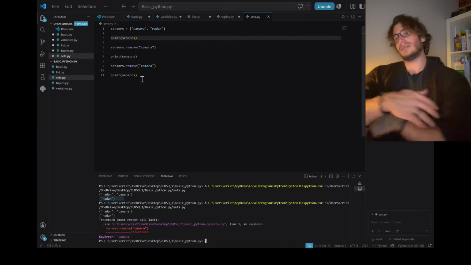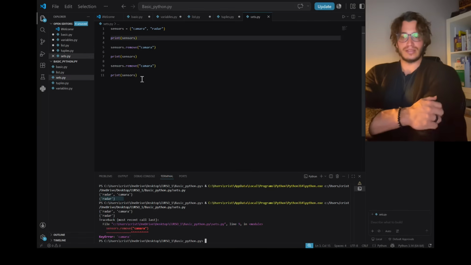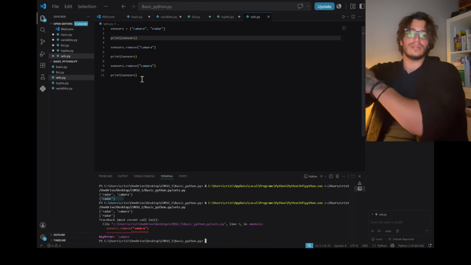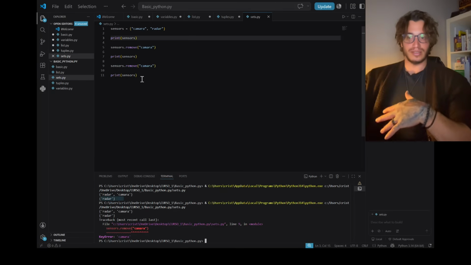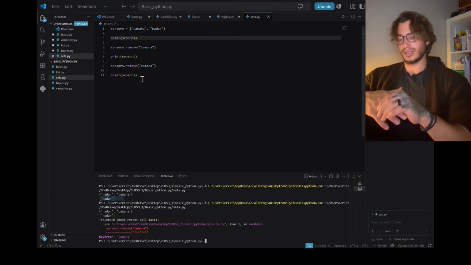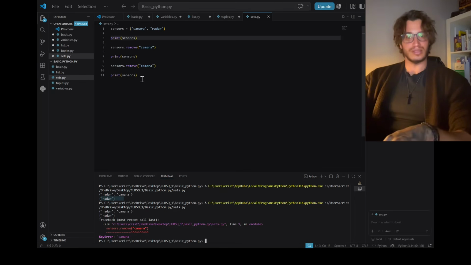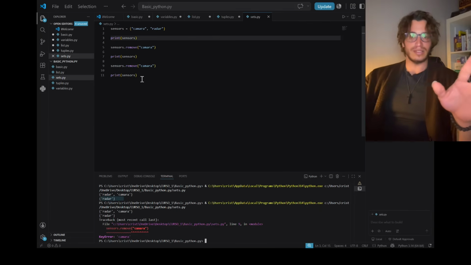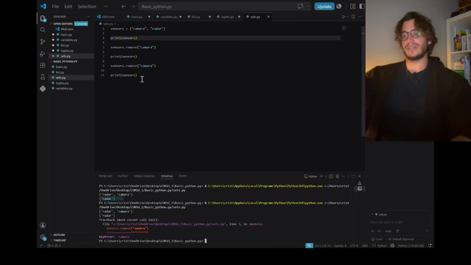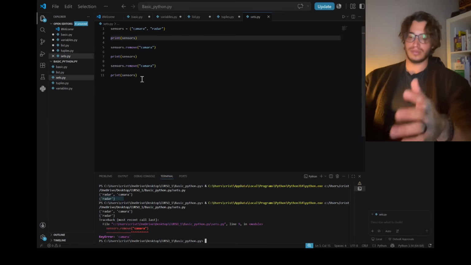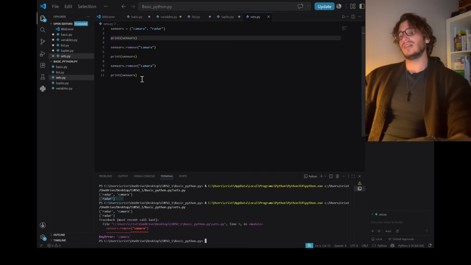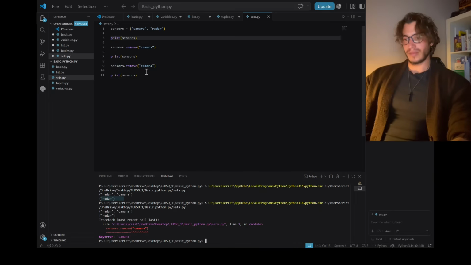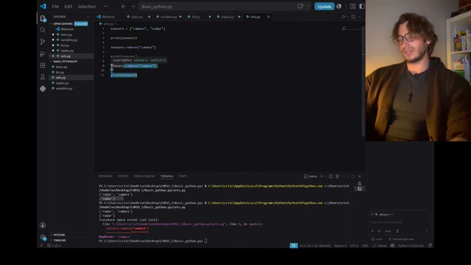So it could happen that we want to delete something from a set, but we don't know if it is in the set or not. Maybe someone else deleted it if we are working with a team, and we want to delete it thinking that no one deleted it before, and then after 200 lines of code, hey, there is a problem. What is the problem? We don't know what the problem is. So in this case, what I suggest is